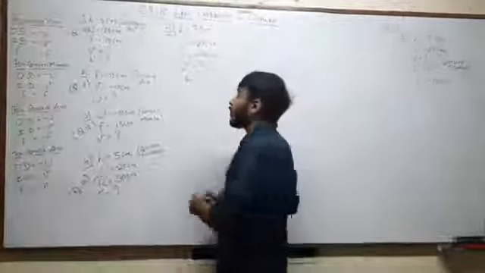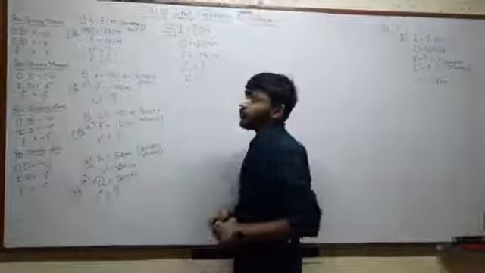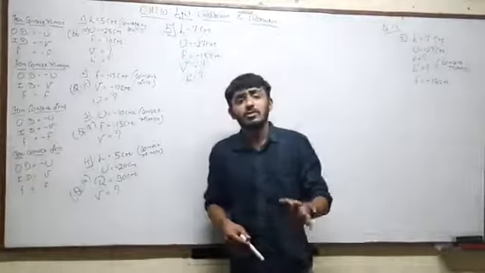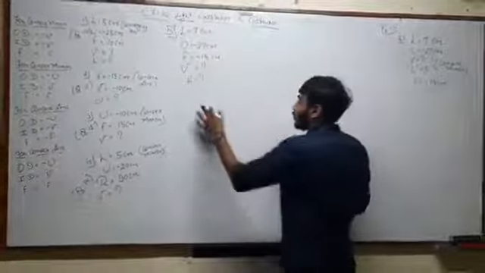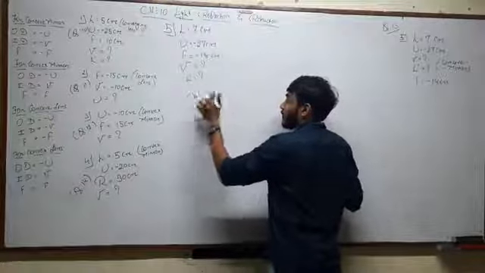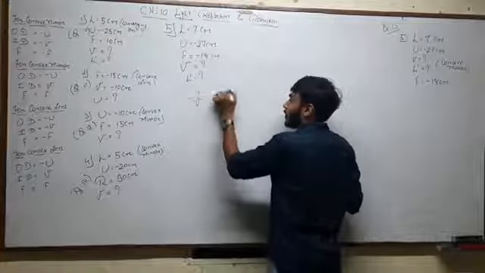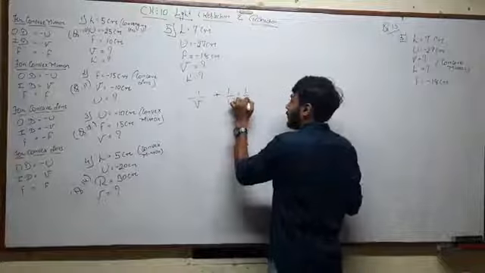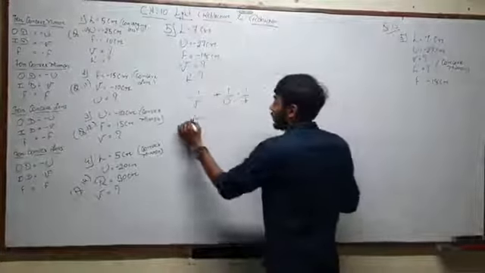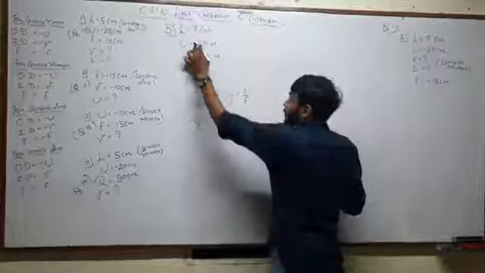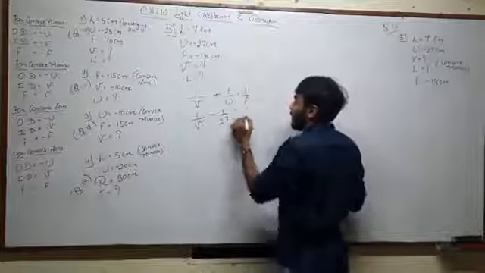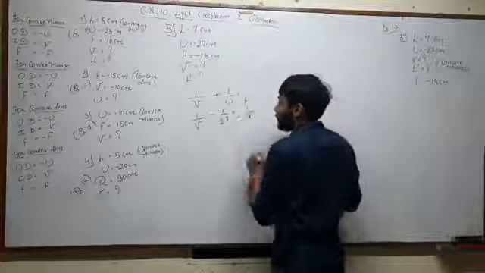Now students, we know that for a concave mirror, everything should be negative. Okay, everything should be negative, either it is an object distance, image distance, or a focal length. So what we need to do is use the mirror formula, 1 upon V plus 1 upon U is equal to 1 upon F. Okay, substitute the values. We need to find 1 upon V. It is plus over here, but U is negative over here. So that will be minus 1 upon 27 is equal to 1 upon focal length, that is minus 1 upon 18.